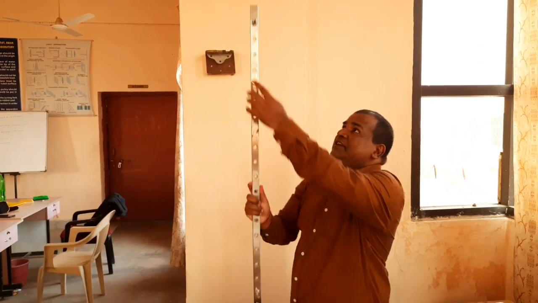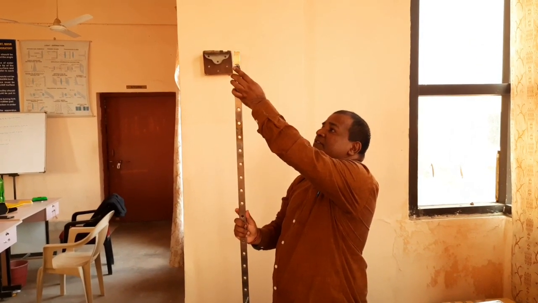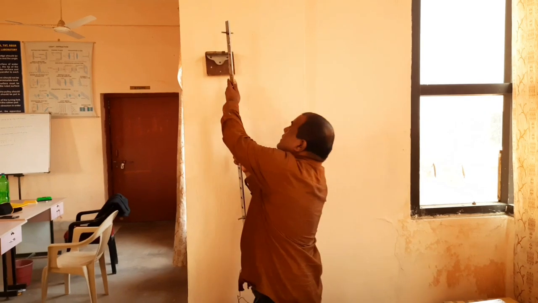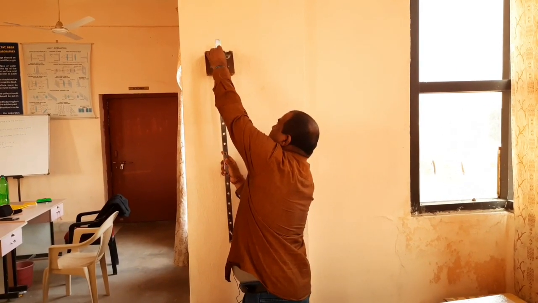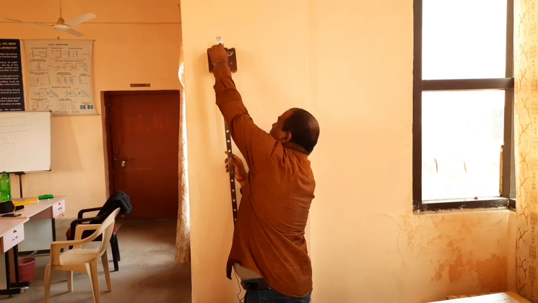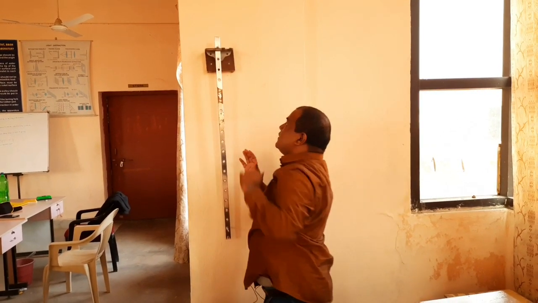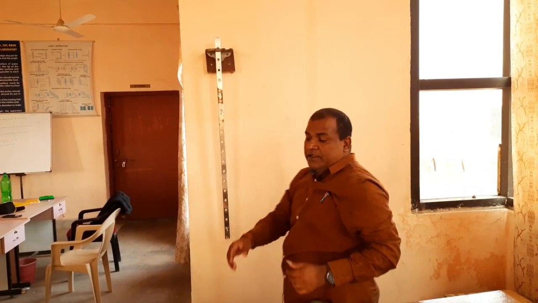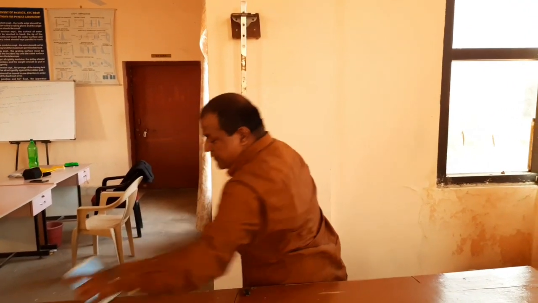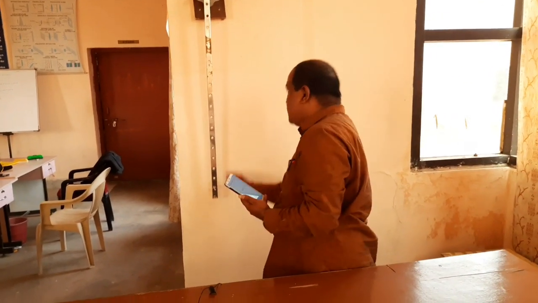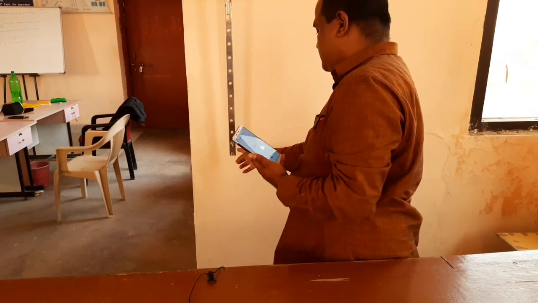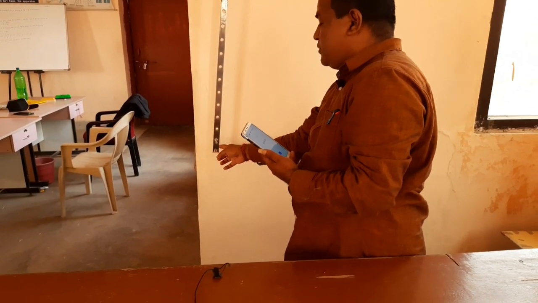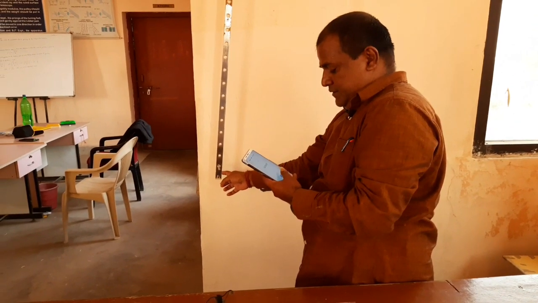For this distance of 45 centimeter, we have to find the time period for 20 oscillations with the help of a stopwatch. See the sharp edge of this knife edge, and keep the sharp edge of the knife edge like this, and then we will take the time period. See, we have to start like this: